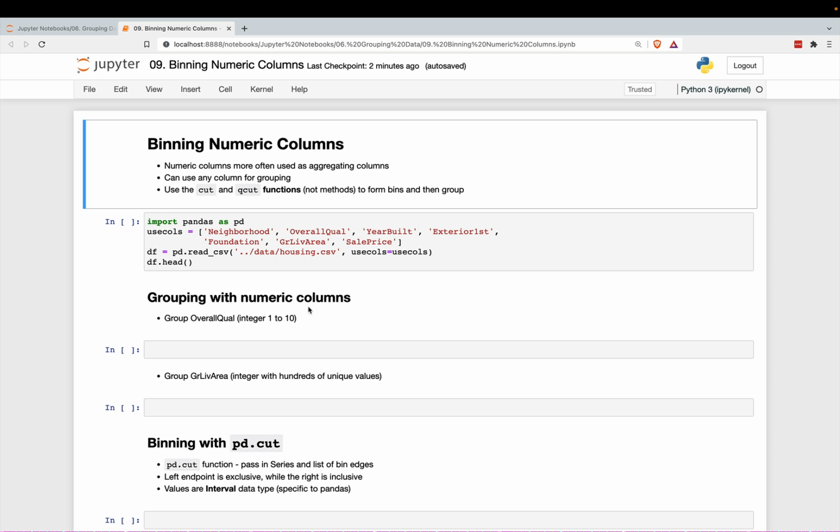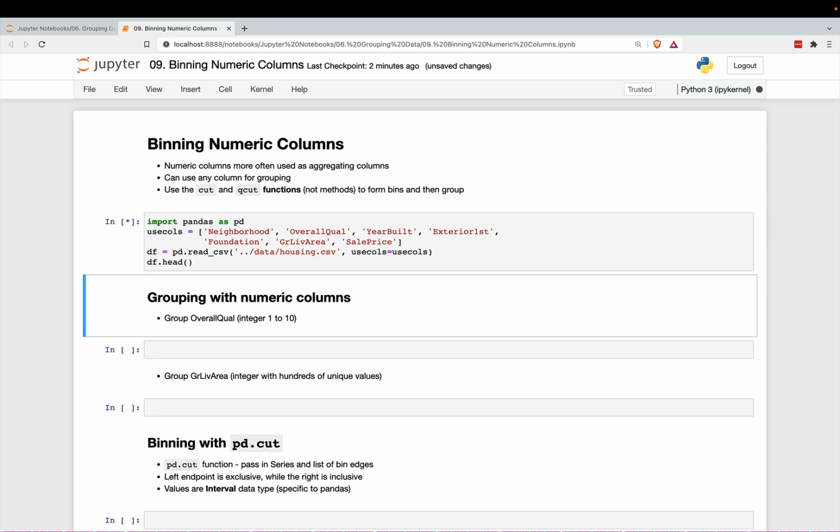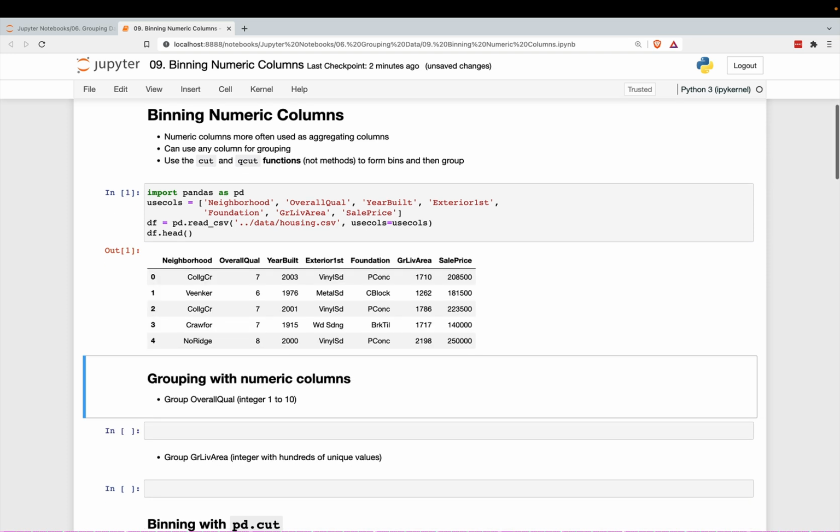So typically numeric columns are not going to be used directly for grouping, although they certainly can, and I will show some examples of that down below. But really, to form groups, we're going to bin them, and to do so, we're going to use the cut and qcut functions. These are the functions to form the bins, and then group with those bins. All right, we're going to begin by reading in the housing data set